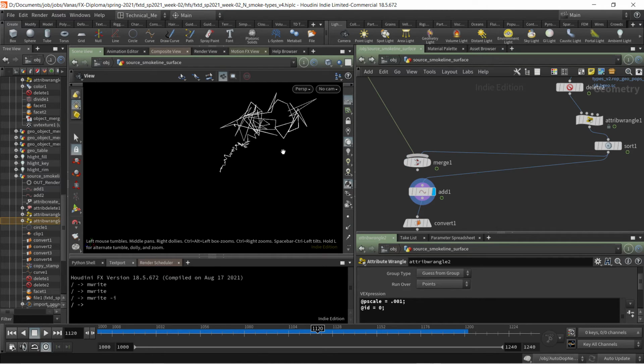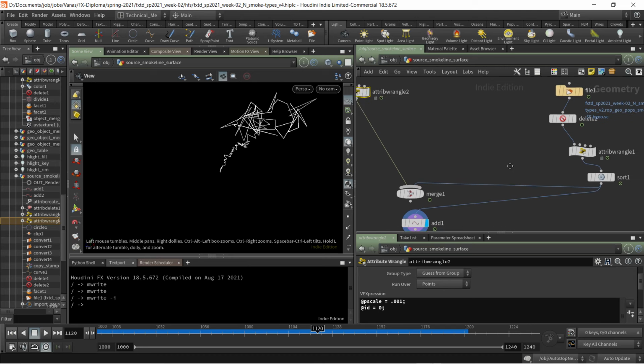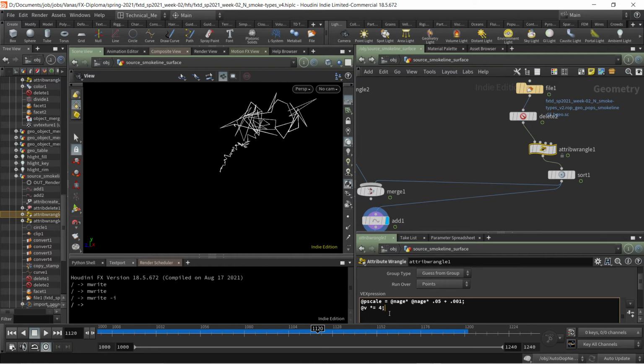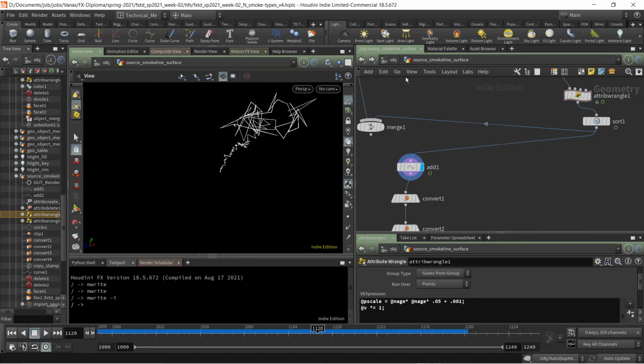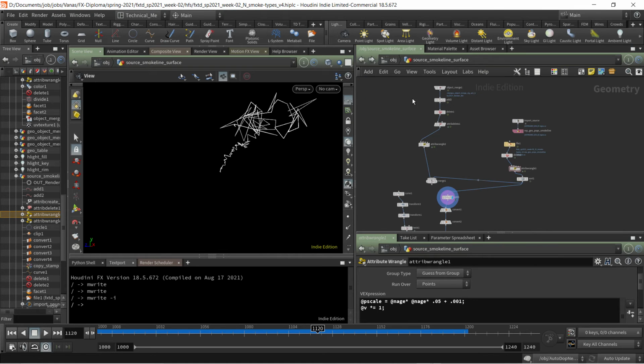So now it makes a line out of my animation. And in the wrangle, I'm going to get rid of that 4 and put in 1, so I'm going to get natural motion blur. Okay. And so this is going to go away, and I'm going to make this,